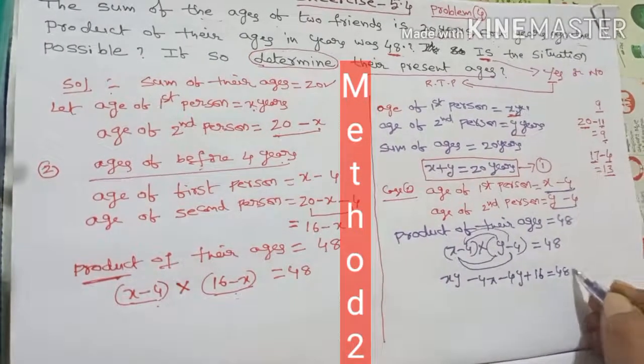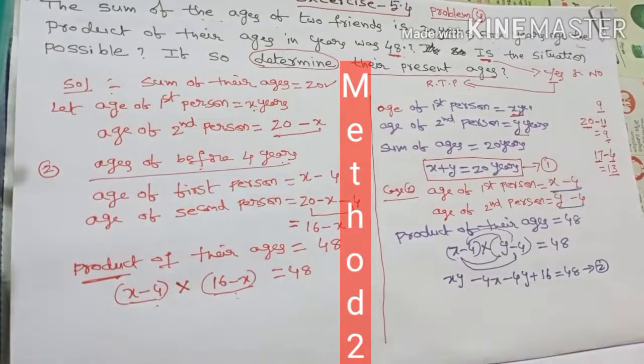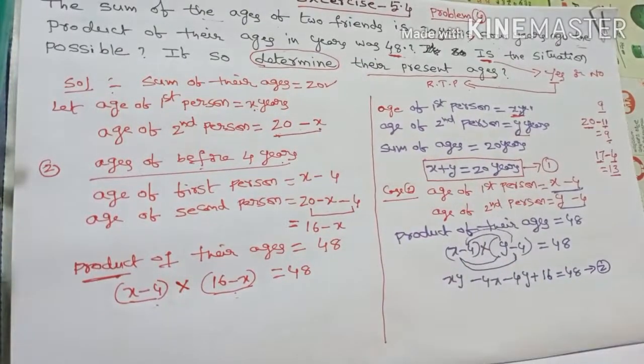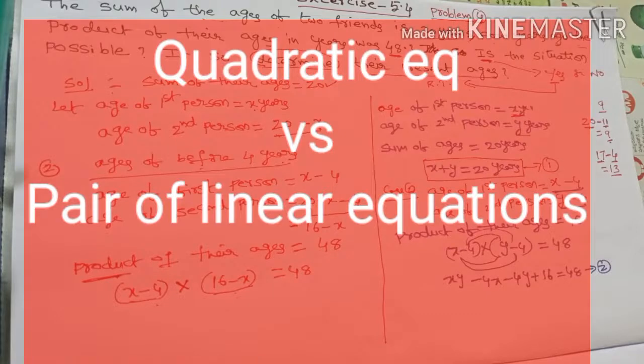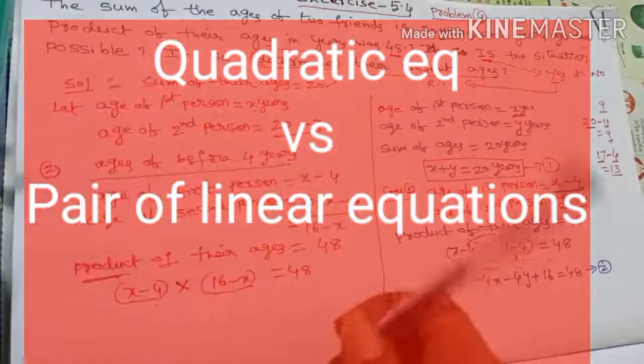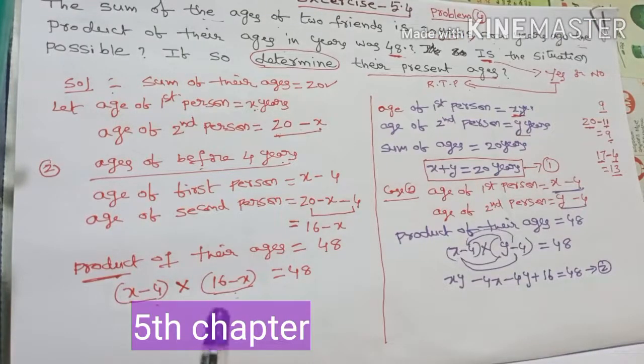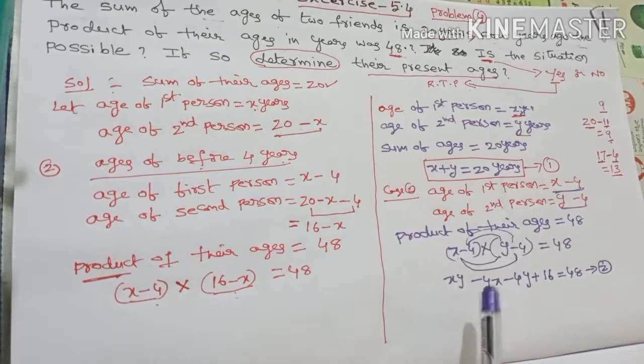So if you go through like this, you cannot solve by using a pair of linear equations. Of course, if you substitute the value of y is equal to 20 minus x, then you will get the quadratic equation. Why am I explaining these two methods at a time? Because so many students get confused between pair of linear equations and quadratic equations, especially while they go through these verbal problems. So does it come under the 4th chapter or the 5th chapter? To clarify your doubt, I have to approach it as for the 5th chapter and as for the 4th chapter.